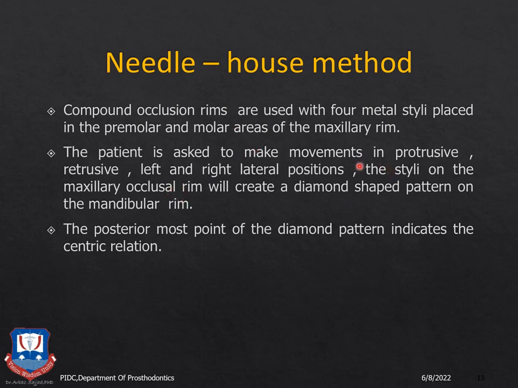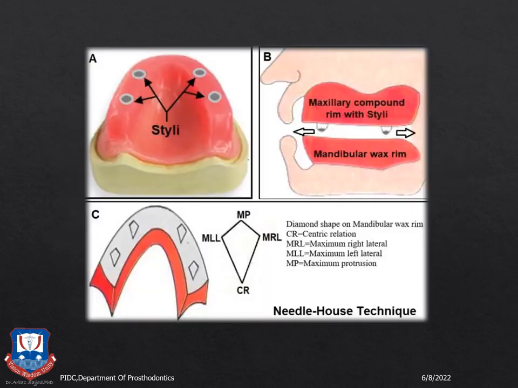Then the patient is asked to make movements in protrusive, retrusive, and laterotrusive directions. And these styli, which are in the compound maxillary occlusal rim, make grooves or notches in the mandibular rim, which are diamond shaped. And the posteriormost point of this diamond pattern is considered as the centric relationship, and then the patient is guided into the posteriormost part of this diamond pattern, and plaster or any type of mouth temperature or regular wax is used to seal the upper and lower rims. So this is how the